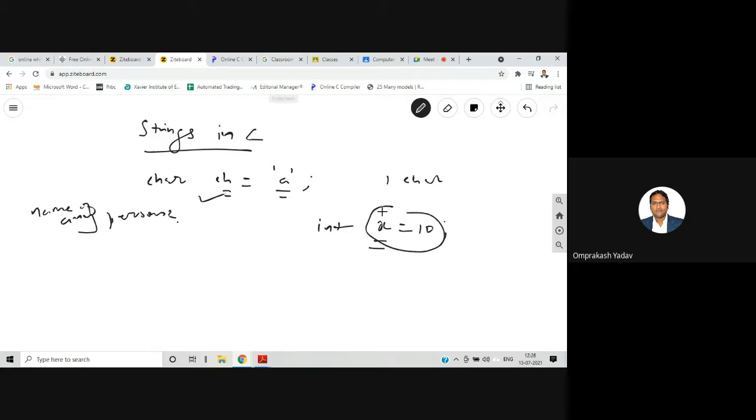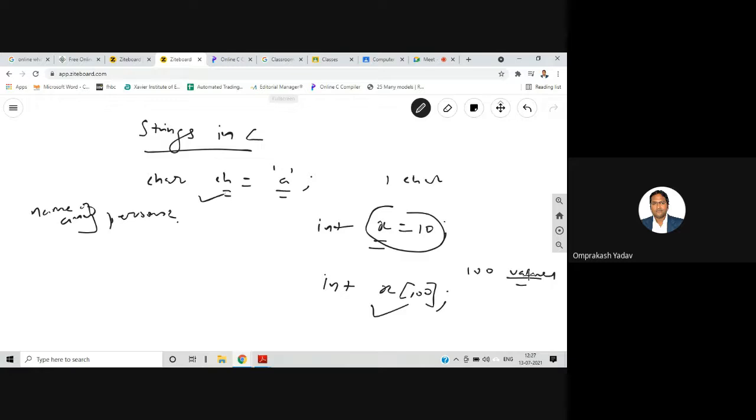But if I want to store the roll numbers of 100 students, obviously we will not create 100 variables. We will say x of 100, so we can create an array of integers which can hold 100 values.